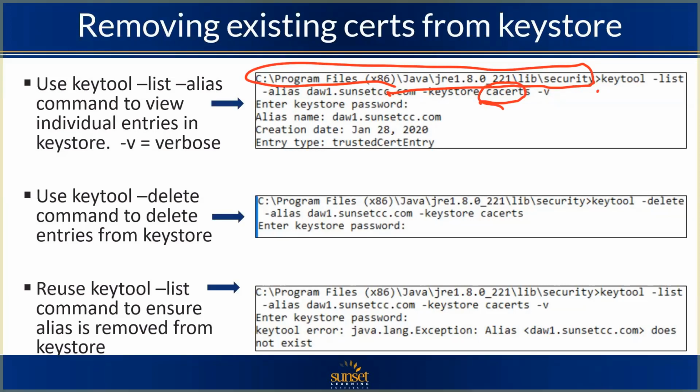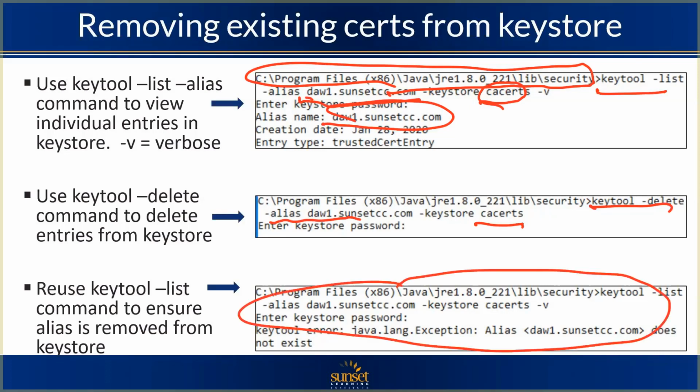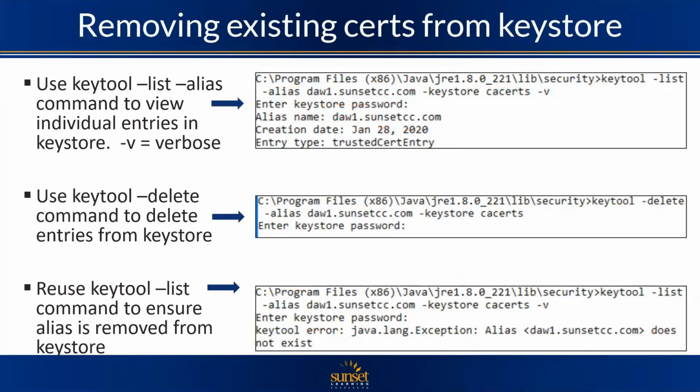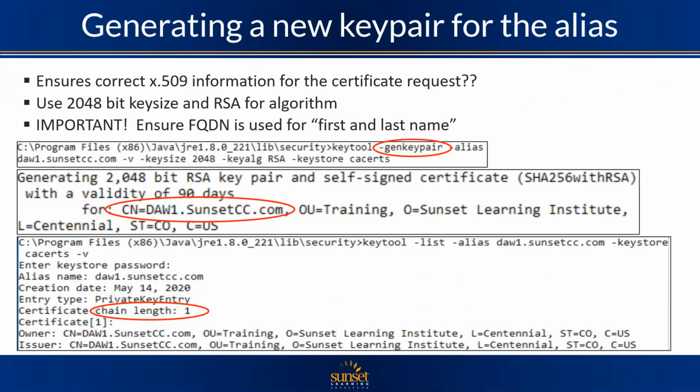So we're showing you here the keytool list command. We've got an alias already in our keystore named DAW1. Our goal is to delete that entry, that alias, out of our keystore named cacerts. Our password is changed in here. And when we list it now again, we don't have that certificate in there. We might have been using self-signed certificates up to this point in time, so we've got one in there that was stale, old. We want to delete that one so that now we can turn around and on our ICM servers, generate a